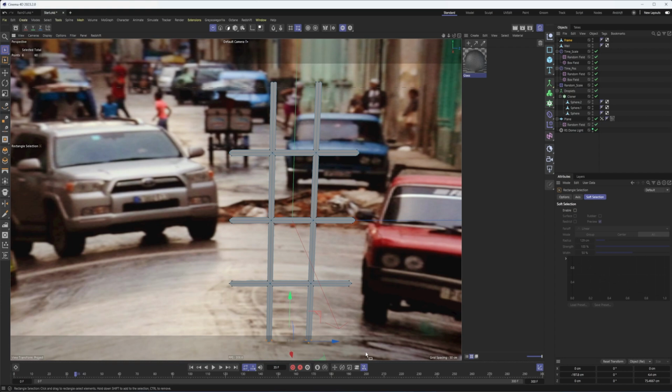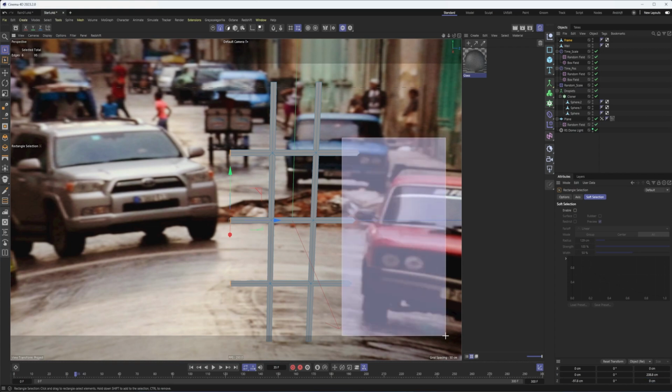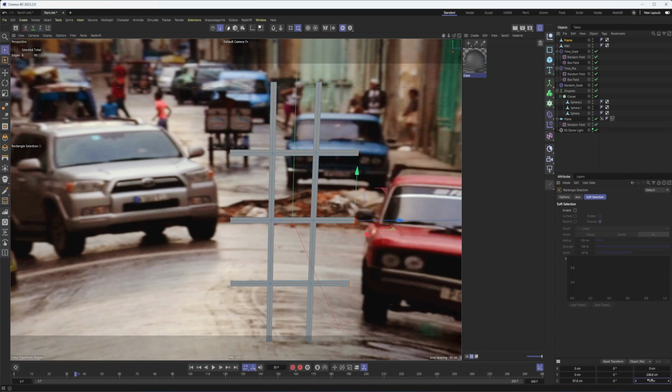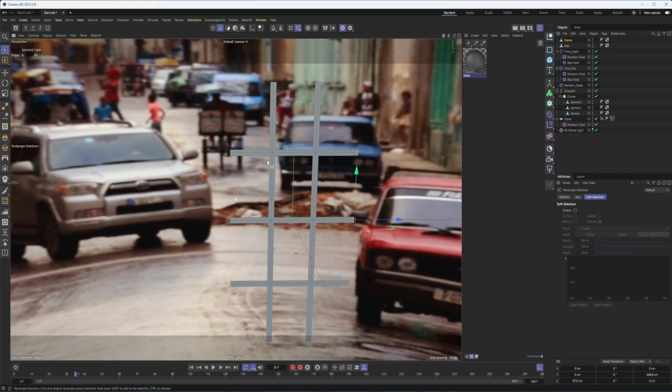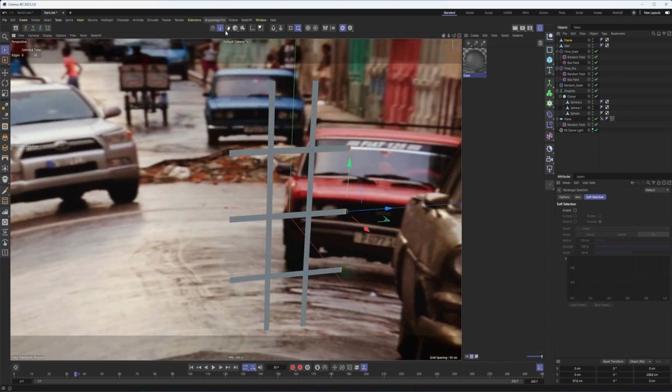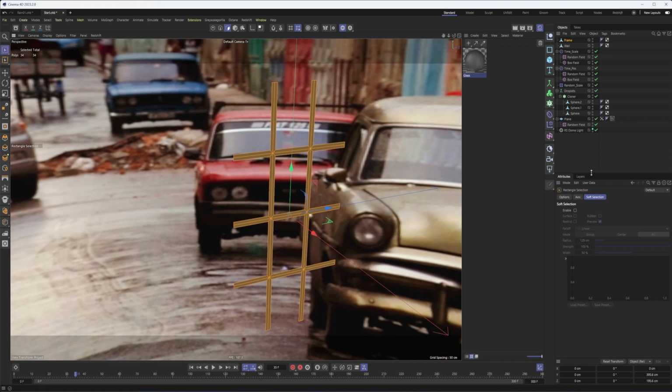Do that for this bottom one. Oops. And then do the same thing on the sides, but it will be the Z axis instead of the Y. Although I think I'm in edge mode, I typically would have done that in point mode. Still worked. What I can do now is hit Control or Command A to select all these polygons, and this dome